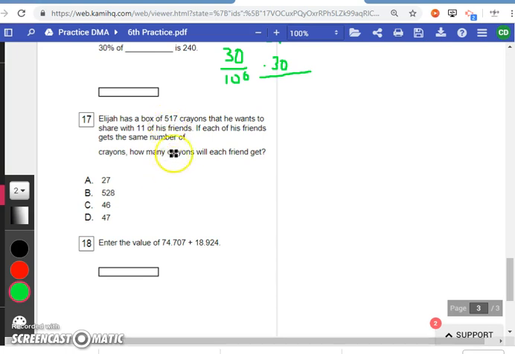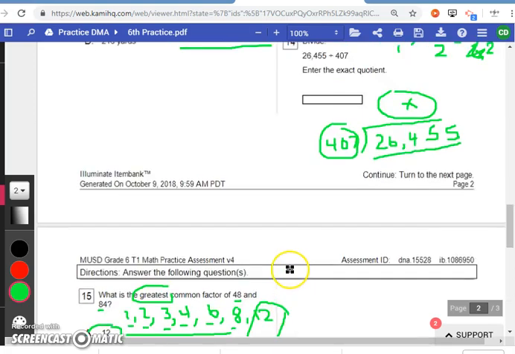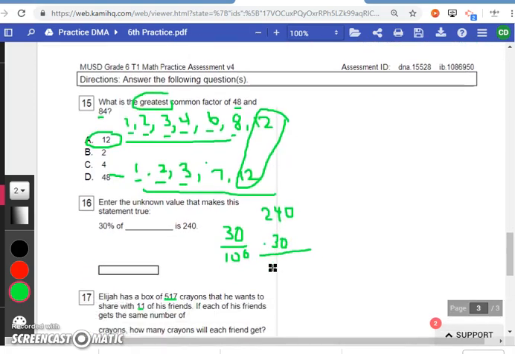You can see that I believe this is a division problem. How many times will 11 go into 517? Very straightforward. We've talked about adding decimals, making sure that you line up the decimals. And once again, I have 15 seconds left, and